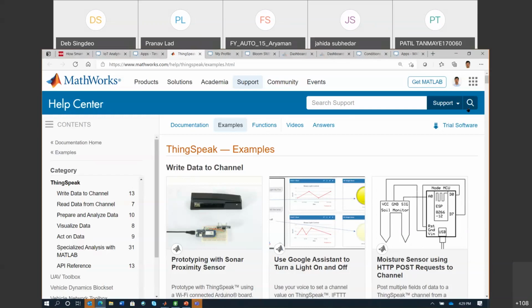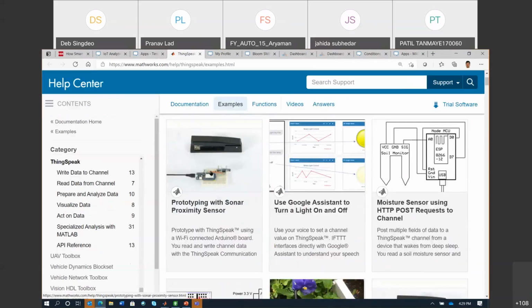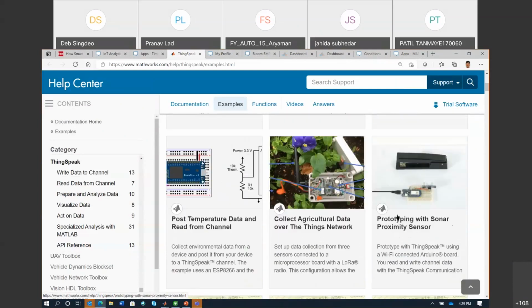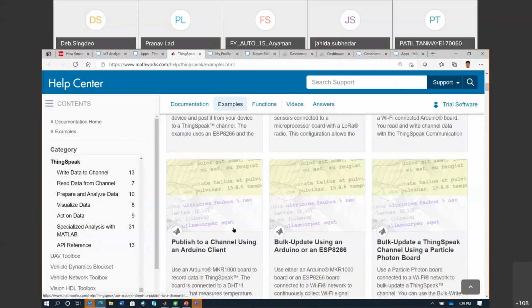Just to see some of the examples that we have listed here, there is a proximity sensor that has been built. There is a Google Assistant to turn light on and off. Moisture sensor we saw. There are some interesting projects in the area of agriculture, like collecting data over Things Network, reading temperature data from different channels.